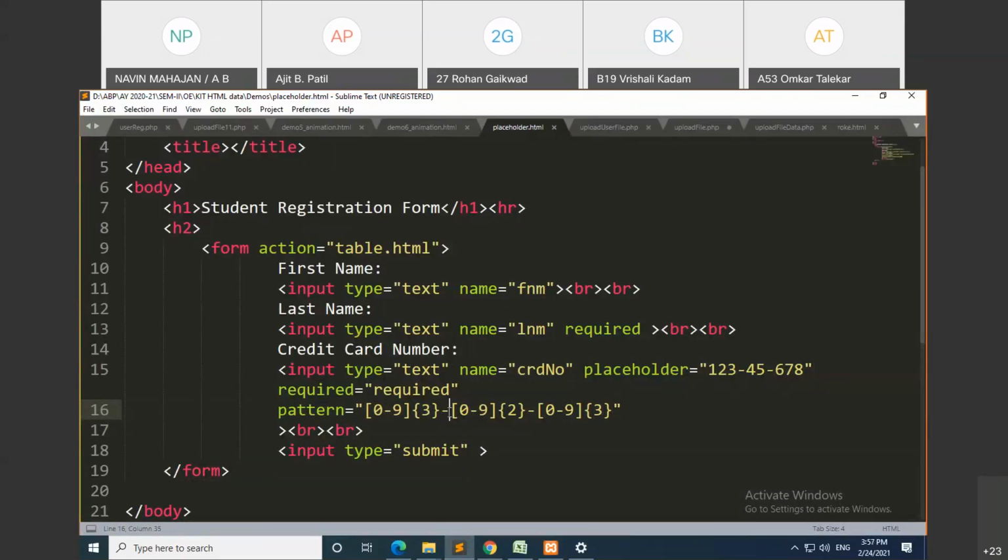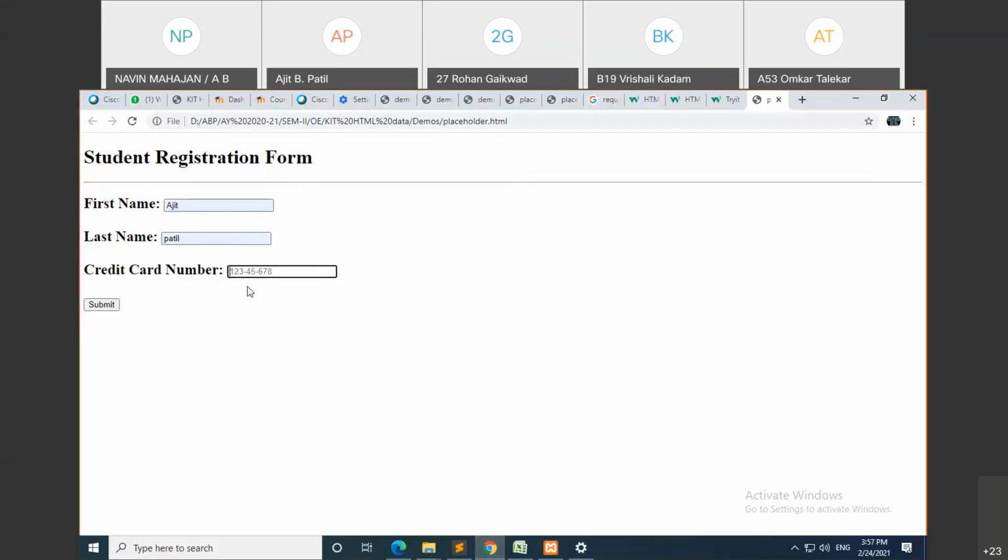Then dash is required. Then again we accept data between 0 to 9. How many digits are required there? 2 digits. Then dash. Then again we are accepting the data between 0 to 9. We have declared this data within the square bracket. And how many digits are required there? 3 digits. Okay. Now I will give the data 785 dash 45 dash 623, and I am trying to submit